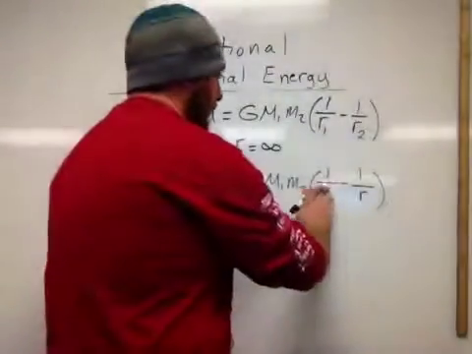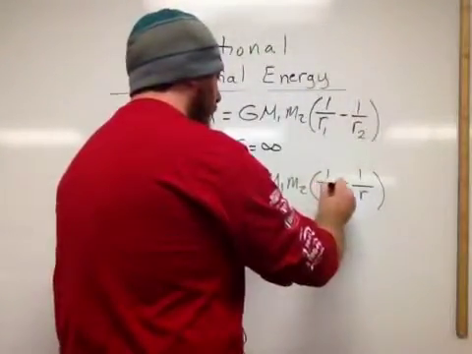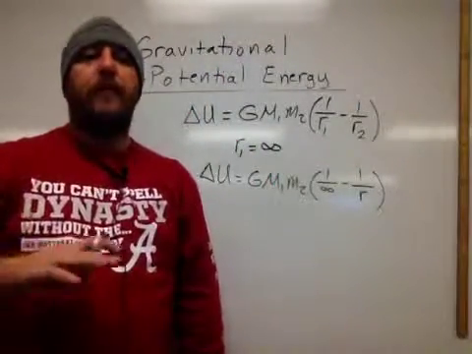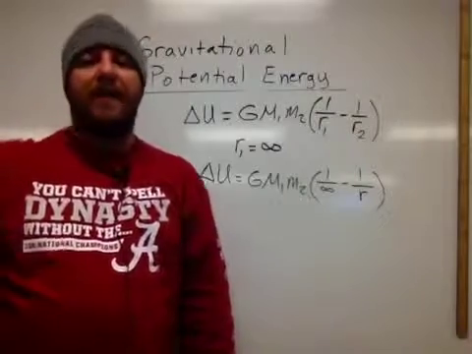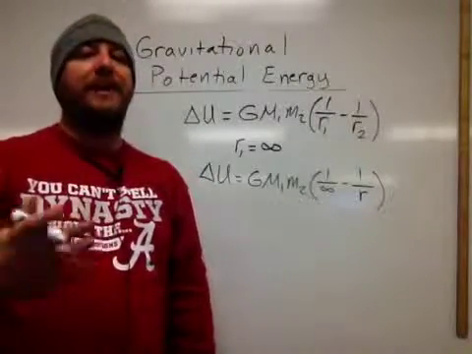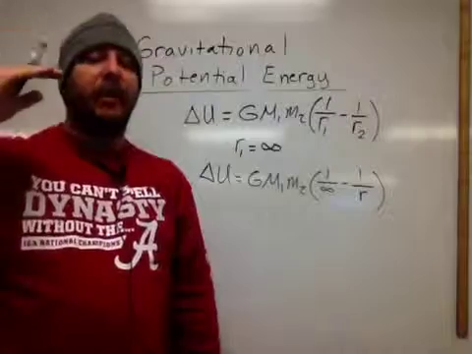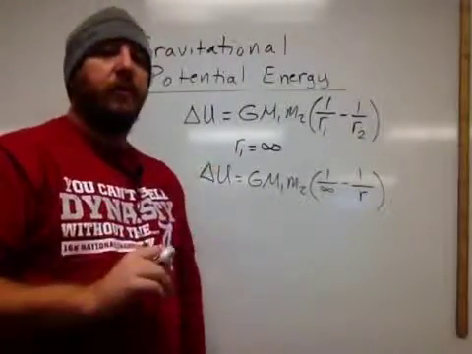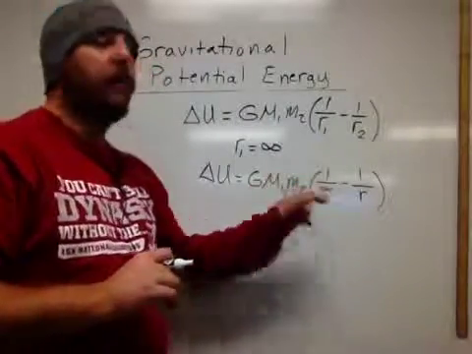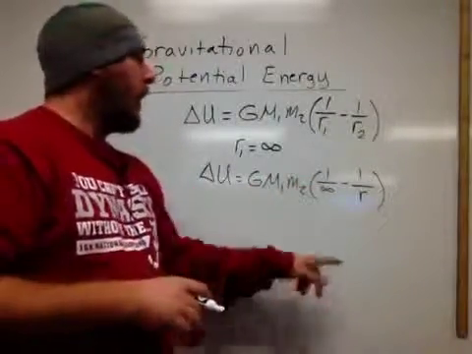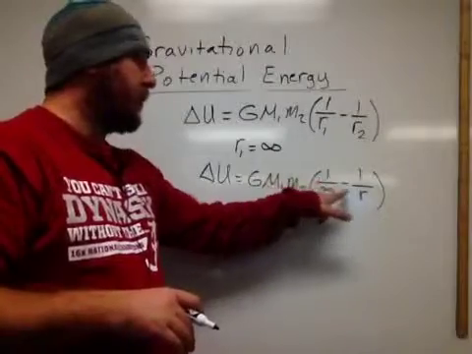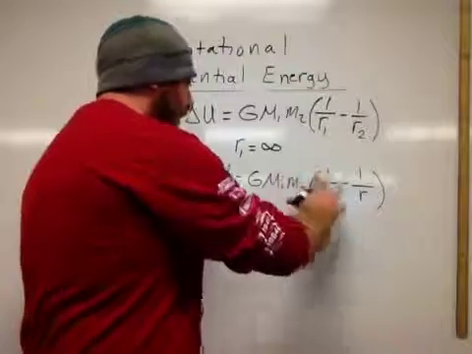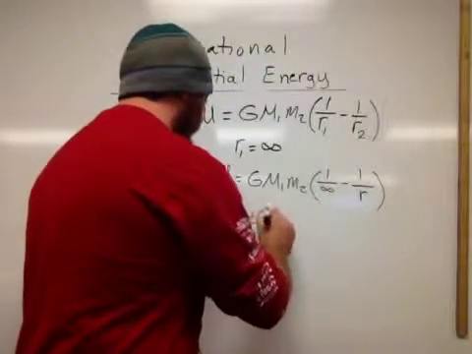And I'll make this a little bit better, infinity sign. 1 over infinity essentially is 0. Okay, we'll ignore the math behind that, but if you think about it, it makes sense. If I divide 1 by increasingly large numbers, I approach 0. All right, so for the moment, we'll do a little bit of hand waving and just say that 1 over infinity is 0. And if that's the case, then I have 0 minus 1 over r. And so what this essentially boils down to is negative G